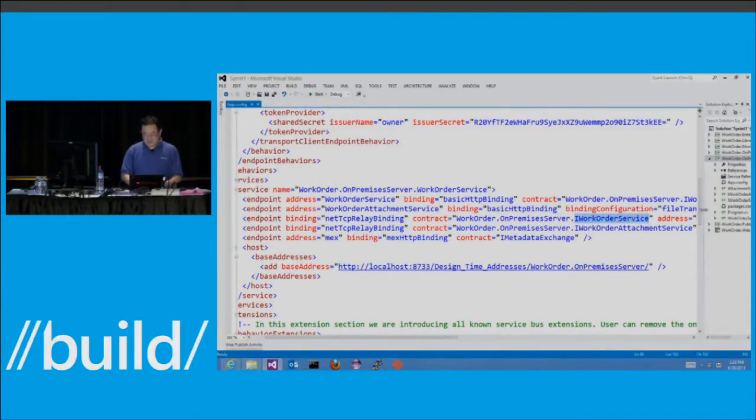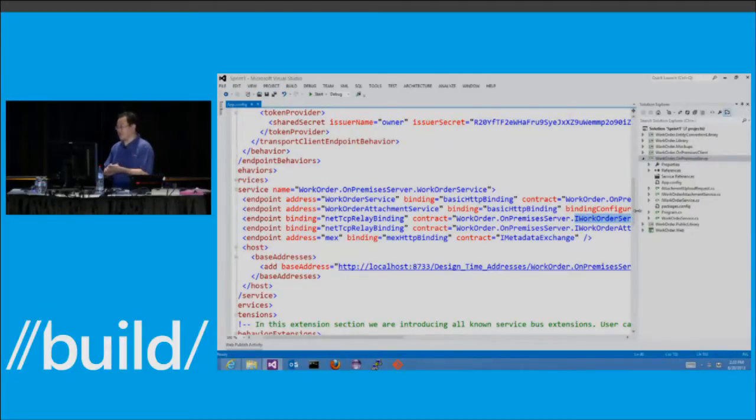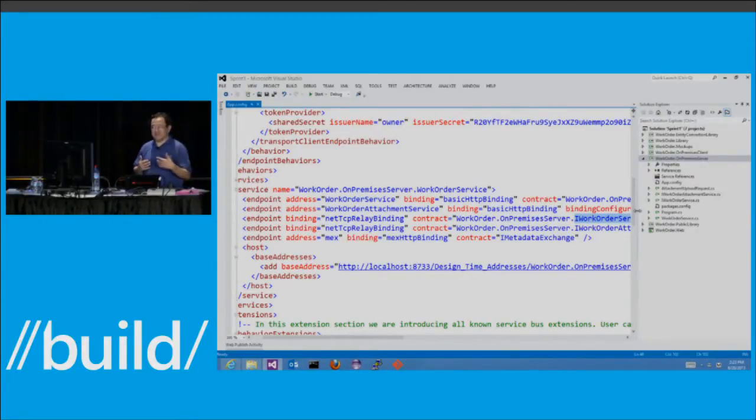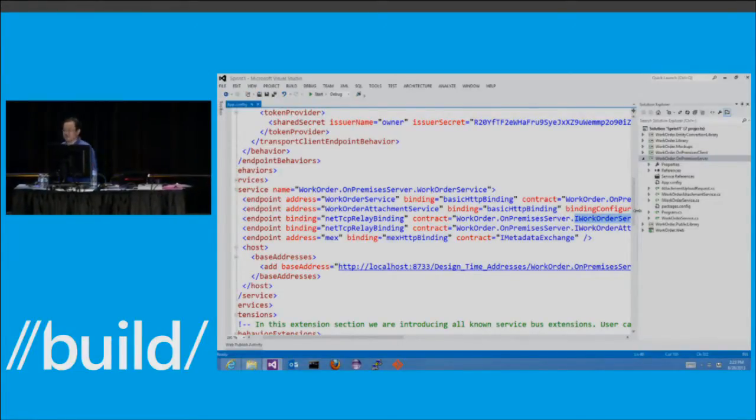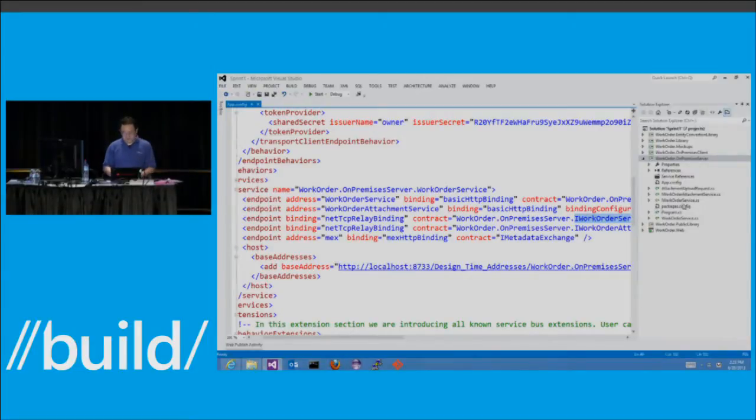So now my server is actually ready. This is one thing I want to mention. Actually, this is so old, but I still want to repeat that. The way to use WCF service is that you should always prefer configuration over the code. Because see, now I've extended my service and added new endpoints without ever touching my code. So this is a separation of concerns to separate your service implementation and your IT management. So my IT pro can actually go into my application and reconfigure my service to expose the relay endpoint without modifying the code. So that's my server is ready.